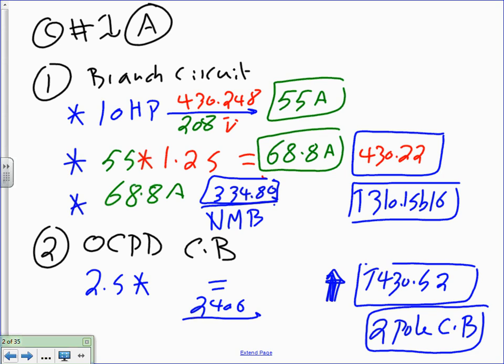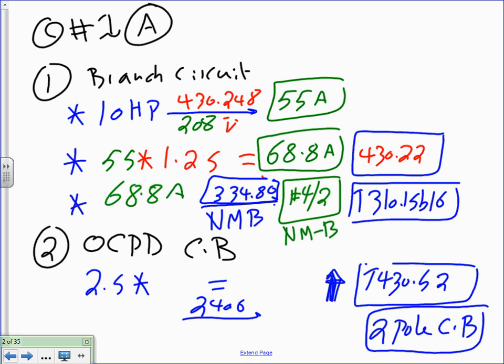Number 4. So this is an NM cable. So 12.2. That will be number 4/2. Why 2? It's a 4-2. Number 4-2. Why 2? It's a single phase, 2 hots. Do I need a neutral? No, it's 2 hots. When we say 4-2, guys, does that mean it has any ground with it? Yes. So it's a 4-2